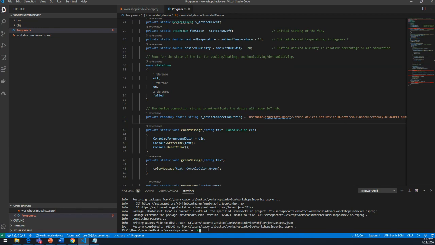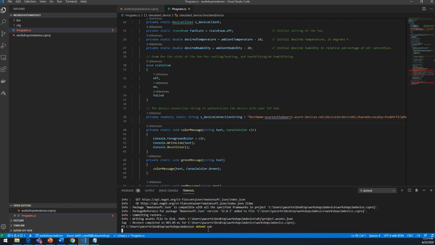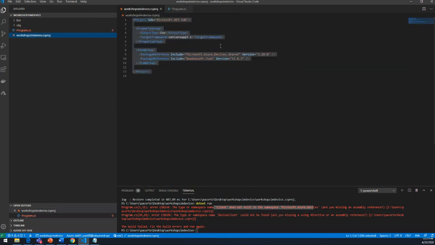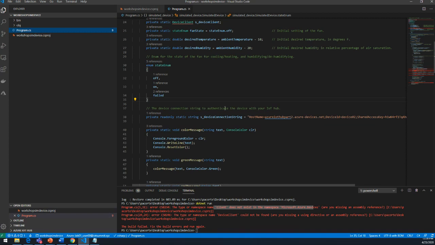So what I'm going to do is dotnet run. So what it's saying is namespace client doesn't exist. That is because when I copied and pasted here, the required libraries are not there. So let's go ahead